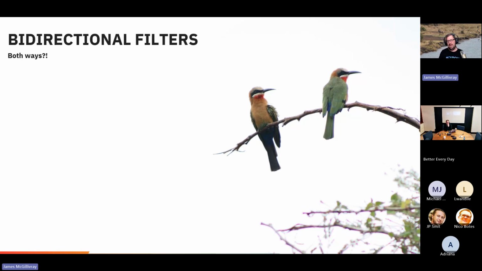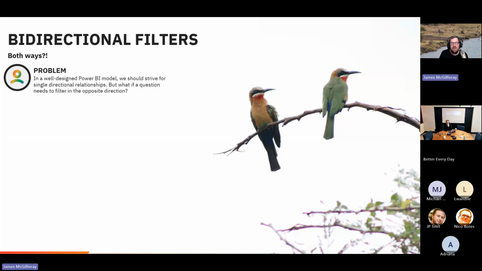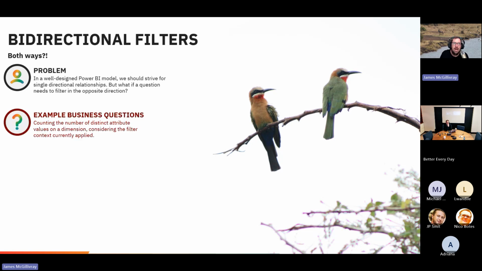You can see that in a well-formed star schema, all our directions, like all the beaks of the white-fronted bee-eaters, face in the same direction. They only go in one direction. So that is the problem statement. In a well-designed Power BI model, we should strive for single directional relationships. But what if there is a business question that actually needs us to use one that goes in the opposite direction? Okay, so usually this happens when you need to